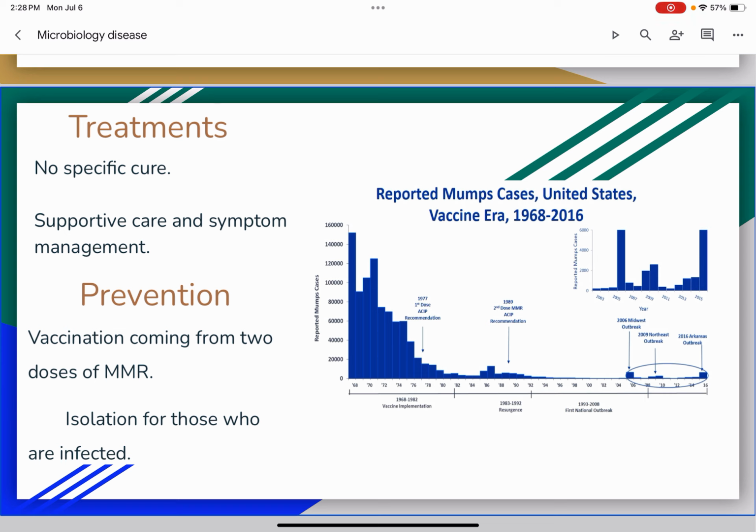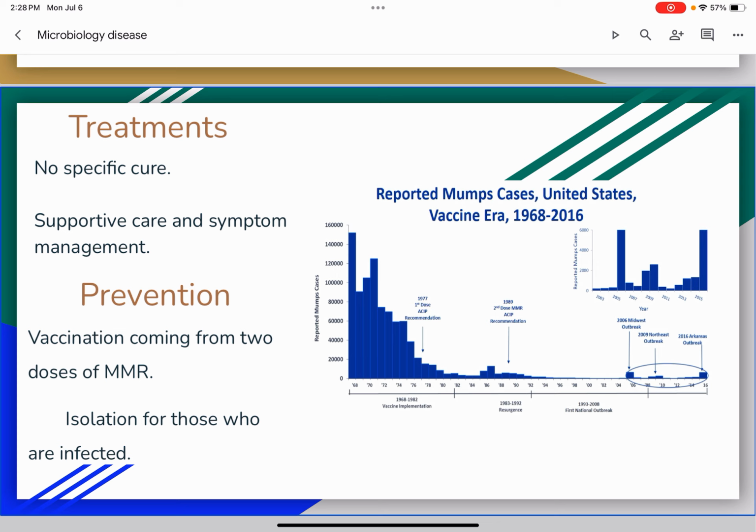Those who are infected should also isolate themselves for at least 5 days after the onset of the swelling to reduce transmission. The most effective prevention is vaccination with the MMR vaccine, which also protects against measles and rubella. The recommended dose is 2 doses, which leads to strong protection and has dramatically reduced the number of